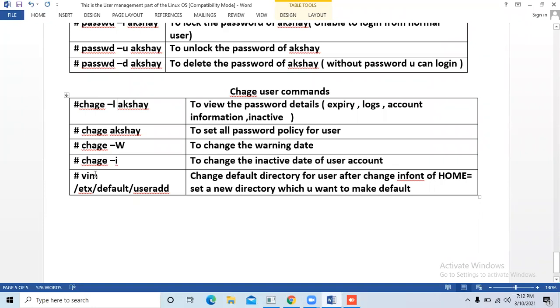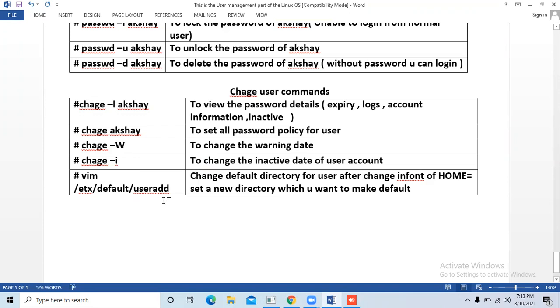Vim is an editor tool, so we can also use it. chage -W is to change the warning date, chage -I is for the inactive date of the account.